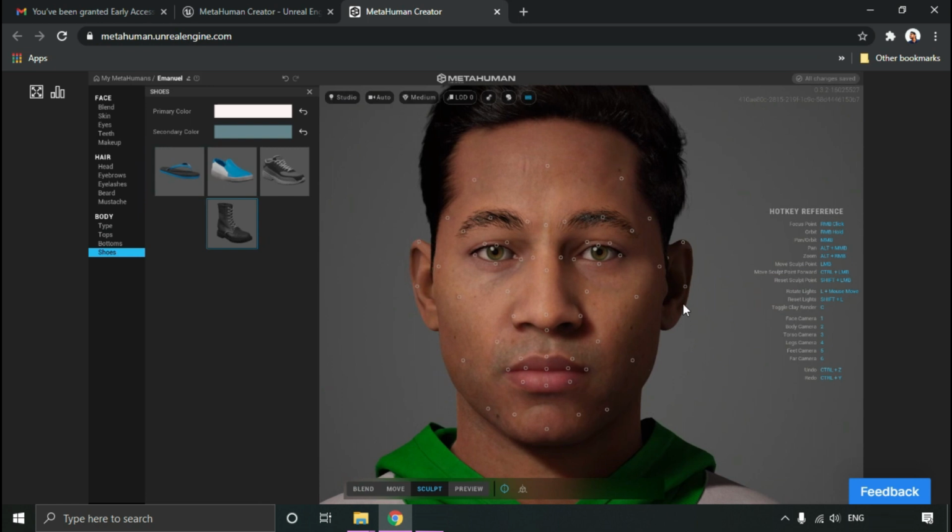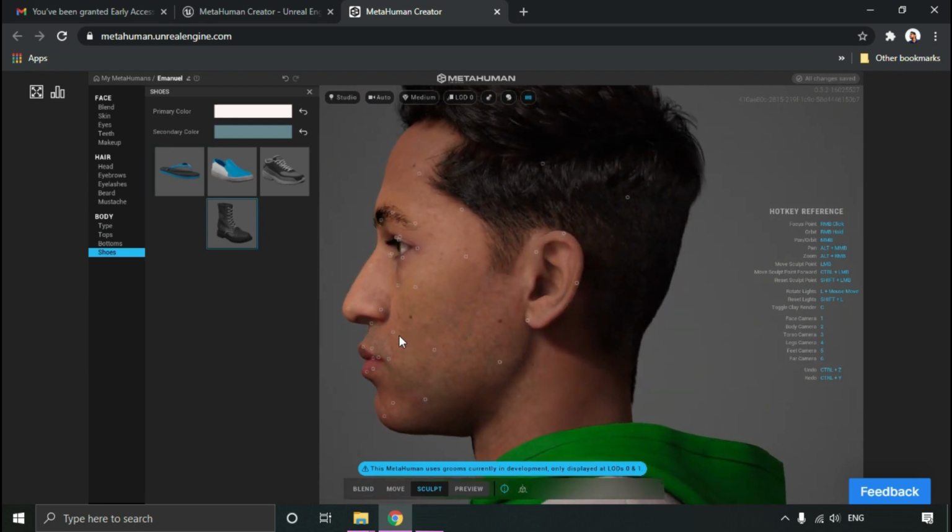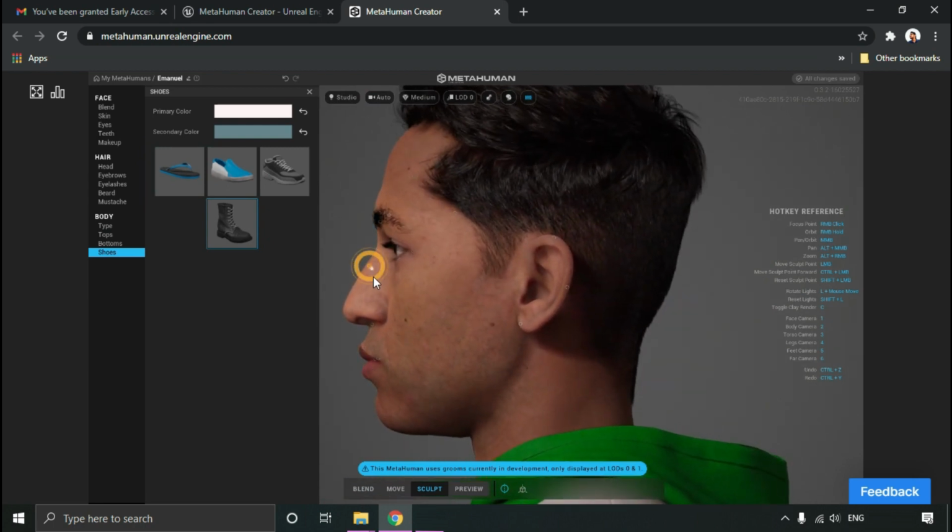Now what we can do is, suppose you want a longer set of ears, so we can just click on the point of the ear and just stretch it. Bigger ears, there you go. Suppose you want more cheekbone, so you just, oh sorry, let's do this. Suppose you want a thinner nose, and you can actually rotate the view and see the nose.